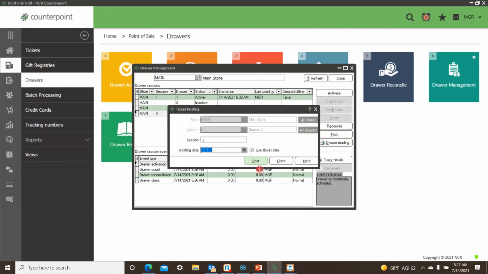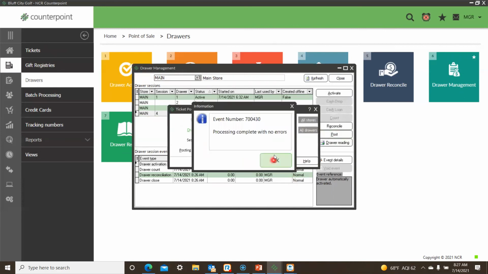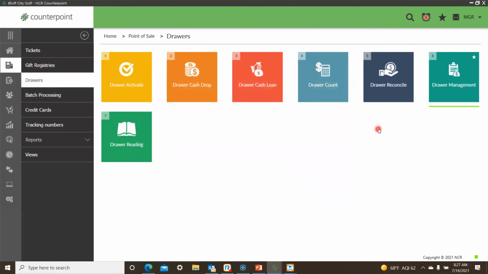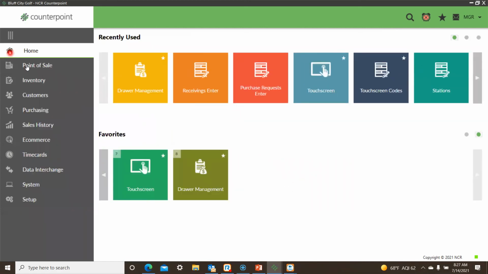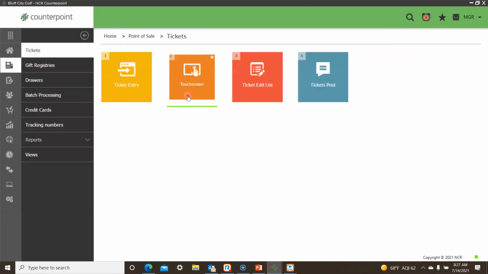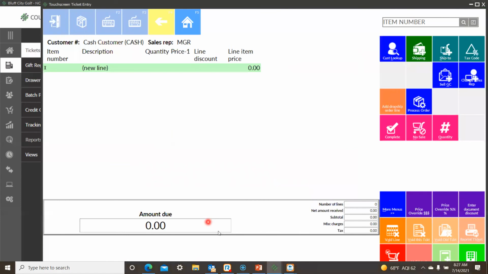So this is a little bit of labor, but really it's very minimal. Now, because I posted the receivings, the customer orders were relieved. They were released. And because I've posted, the customer orders are now just gone. So if I go to the point of sale, and I go back to touchscreen, and I go to process orders,